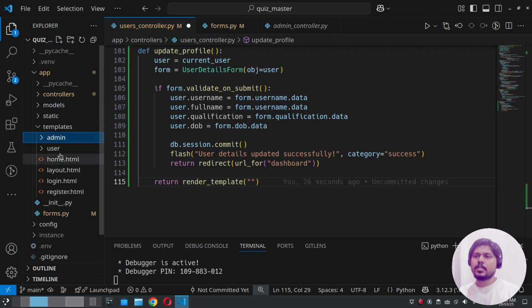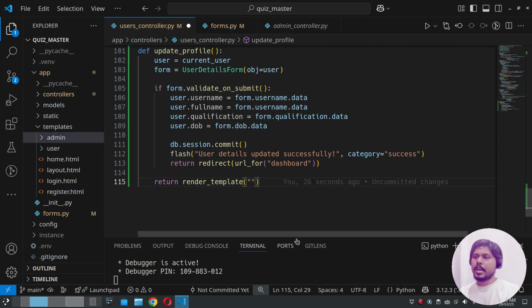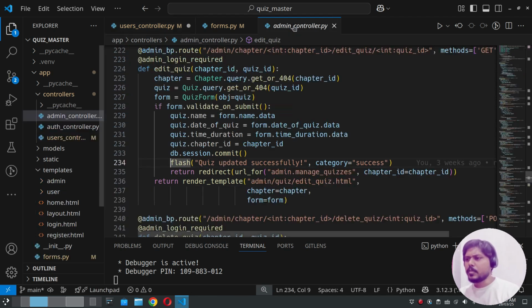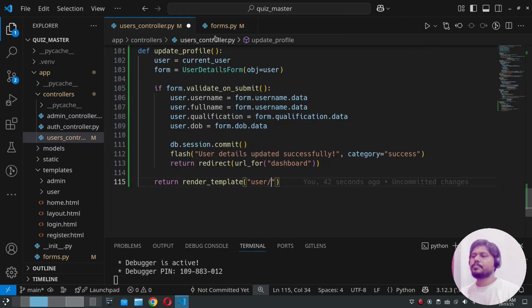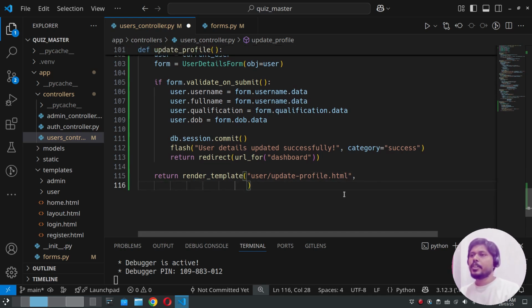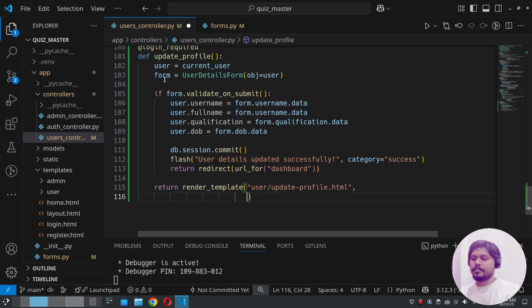We have two folders in the templates, one is admin and one is user, so we will create this template inside the user folder. So that will be user update profile dot html, and then what we need to provide is the form